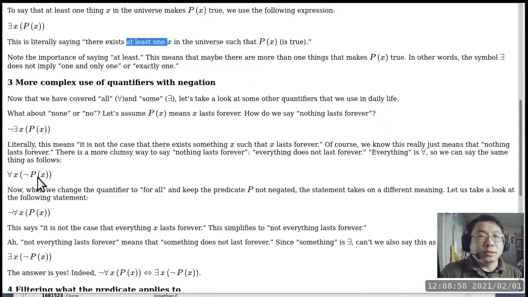Now you have to ask the question: do you think these two really are saying the same thing? The first one is saying it is not the case that there exists at least one x such that p of x is true. The second one is saying for every x, p of x is not true. Are you sufficiently convinced that these two statements are saying exactly the same thing?